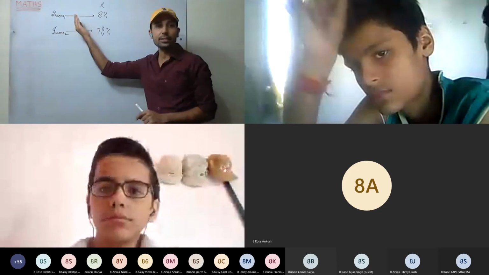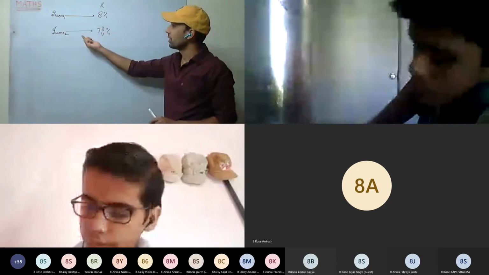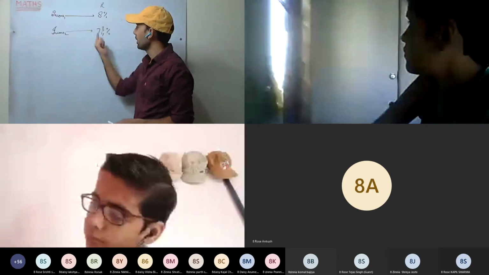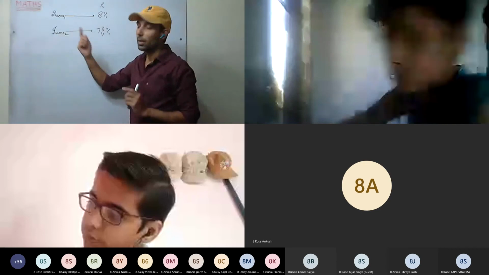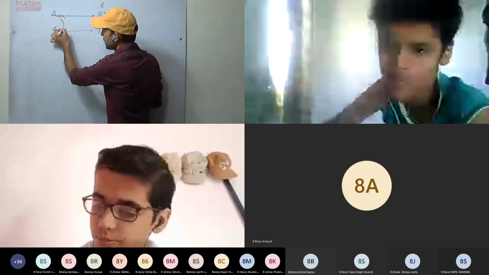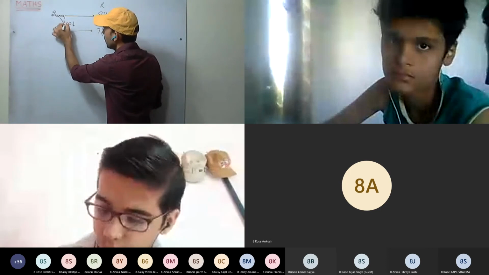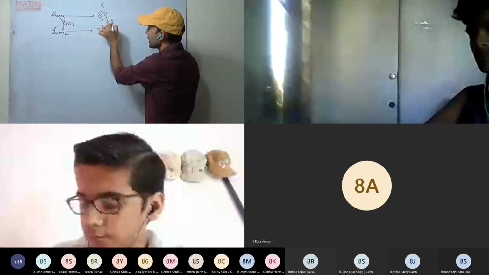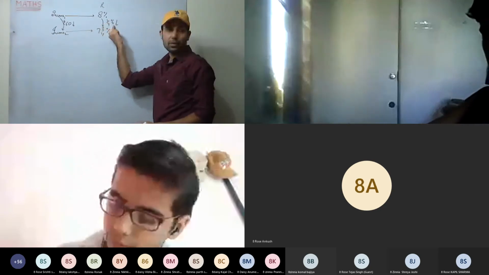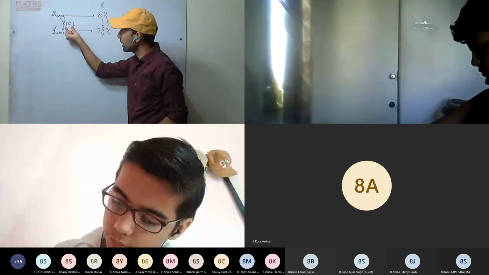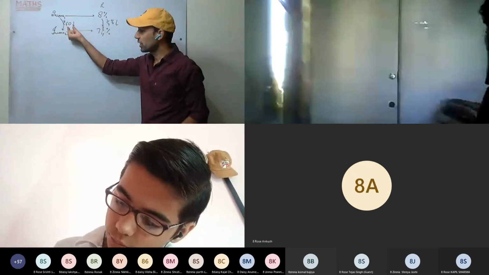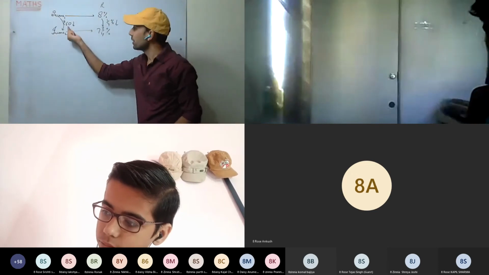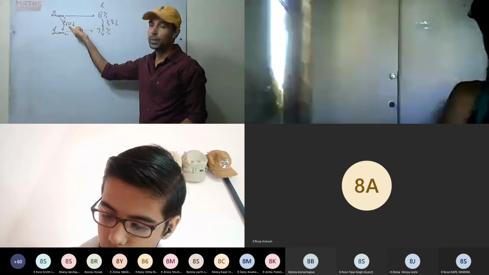Now see here, the years don't matter. For 1 year he is making some income at 8%, and at 3/4% as well he is making some income. Now in the question it is given that the income decreases by 60 rupees when the rate decreases by 1/4%. You can see the rate has decreased by 1/4%. So it means the simple interest was 60 rupees at the rate of 1/4%. So at the rate of 1/4%, the simple interest earned is rupees 60.